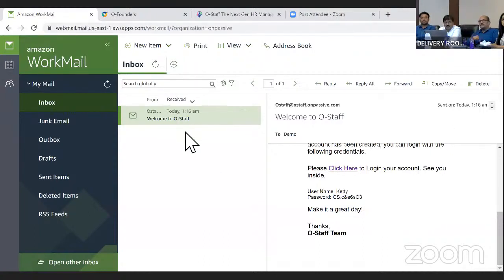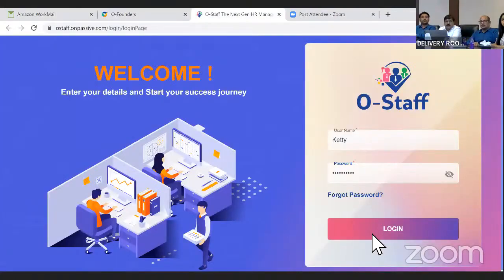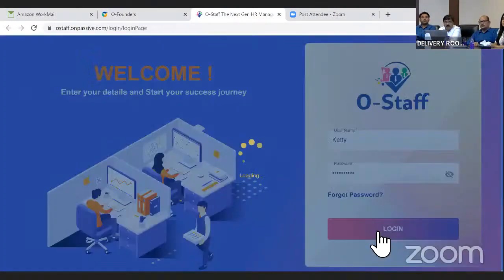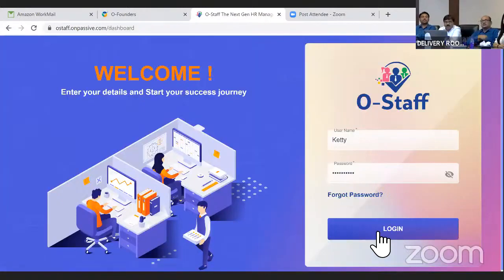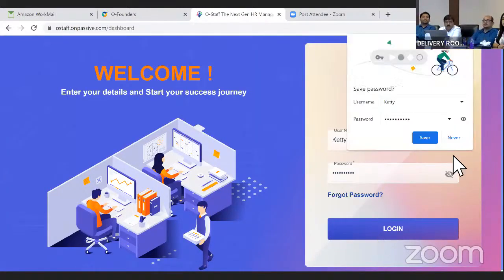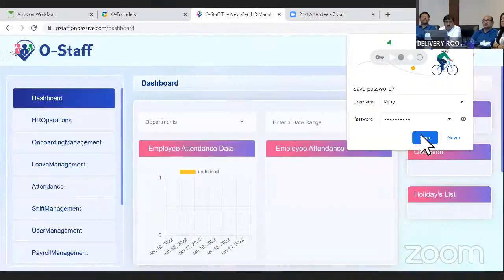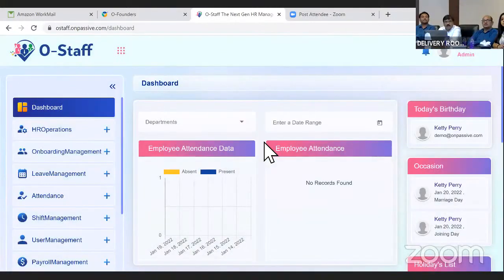You can say that we found it. Once you click it, you need to enter the credential details and log into the OStaff application. And you can see the view of the homepage of the OStaff application, where you can